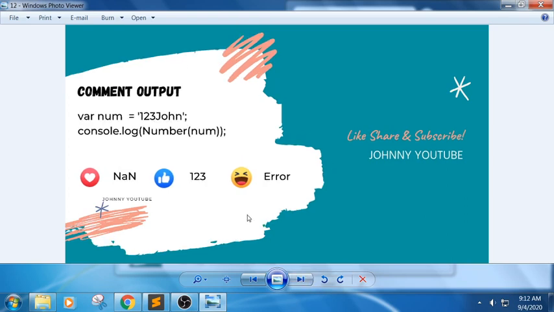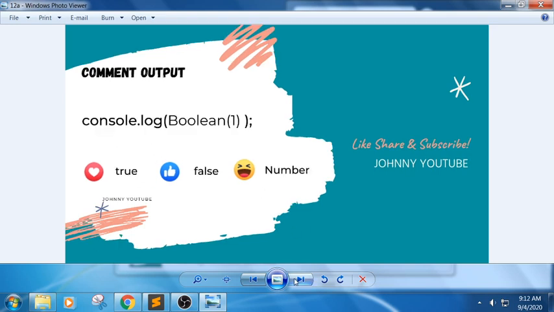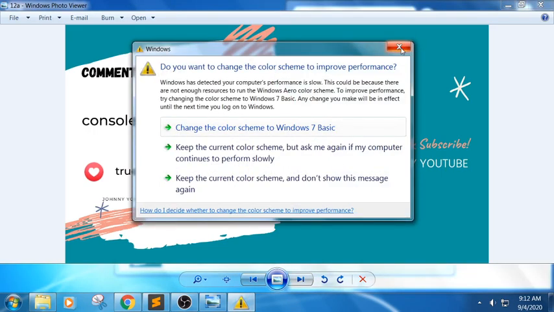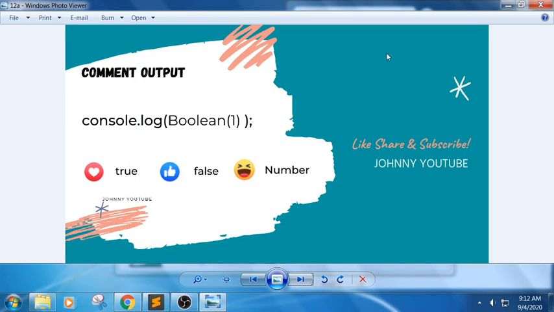Next one. Here '123John', Number of num. Can we convert the string into a number? No. So it will return NaN. What is boolean of 1? True indicates 1, false indicates 0, right?